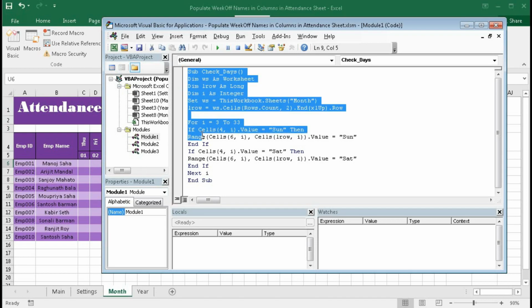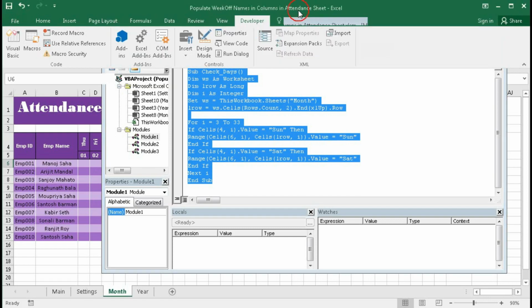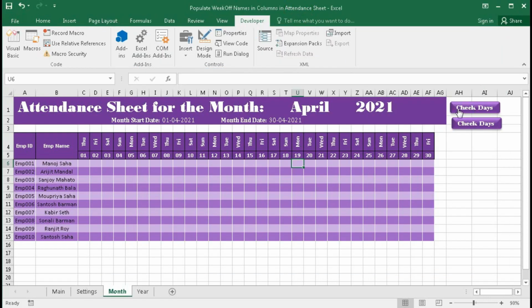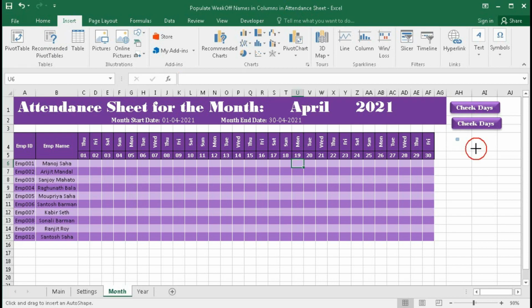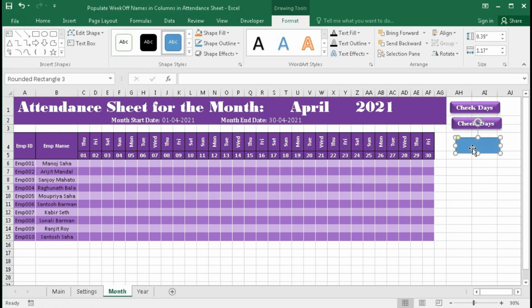So first we have to create this code. After that you have to create a button like this. You can create it easily: Insert, then select any shape. This way you can now format it as you wish. I have formatted it like this.